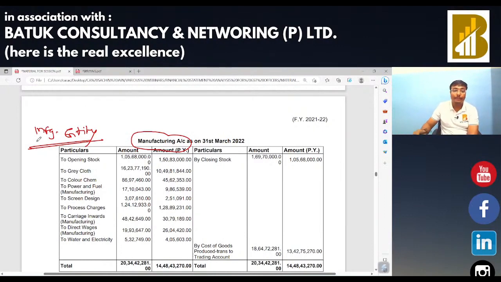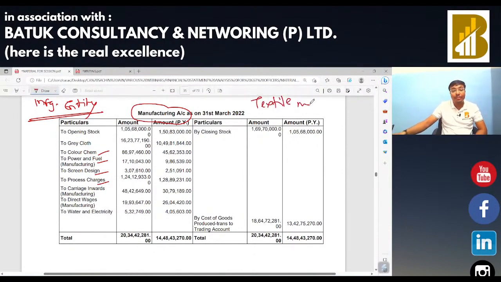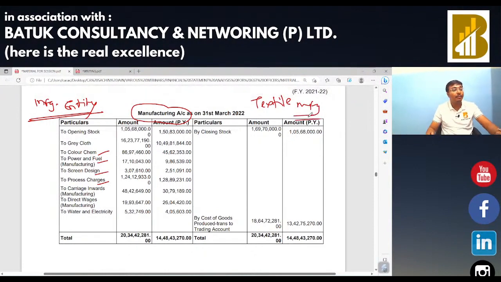In that particular case, buying of color chemical, power and fuel, screen design, process charges. So sir, this entity is of a textile manufacturer, so in that particular case,